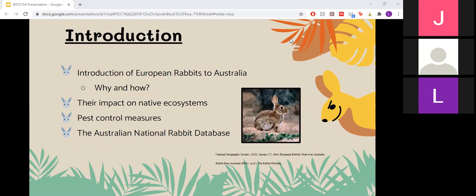So to introduce you to the problem, the European rabbit has quickly grown to become one of Australia's most widespread non-native invasive species since their introduction to the continent somewhere in the early 1700s. Originally, the rabbits were brought to Australia as a new food and hunting resource, but with limited predators and a fast reproduction rate, they quickly went from resource to pest. The rabbits have done significant damage to native Australian species numbers, as well as doing a lot of harm to